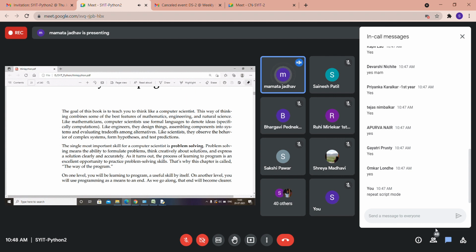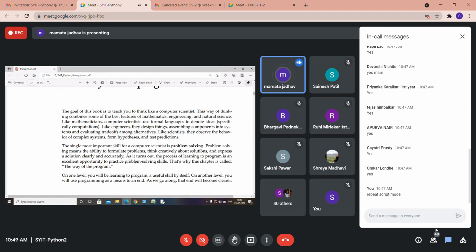Okay, the single most important skill for a computer scientist is problem solving, which means the ability to formulate problems, think creatively about solutions, and express a solution clearly and accurately.